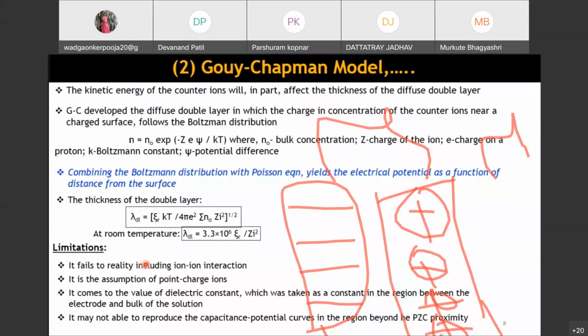Now this thickness of your diffused double layer is dependent on the charges and the concentration of your counter ions. What will it depend on? The charges of these counter ions, and whatever these charges are, about your counter ions, these can be explained on